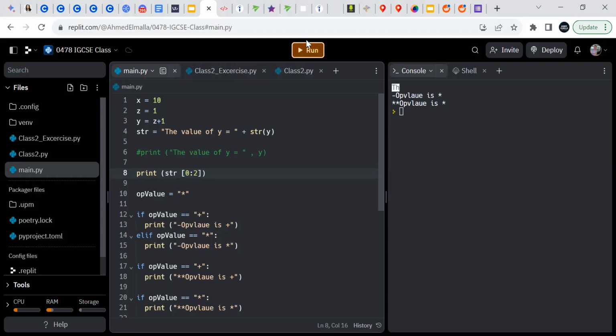Is that clear? This is 0, and then 1, and then 2. I mean, this is t h e. So 0, 1, 2, and 2 is exclusive, so I get th only. Is that clear? Yes. Okay.